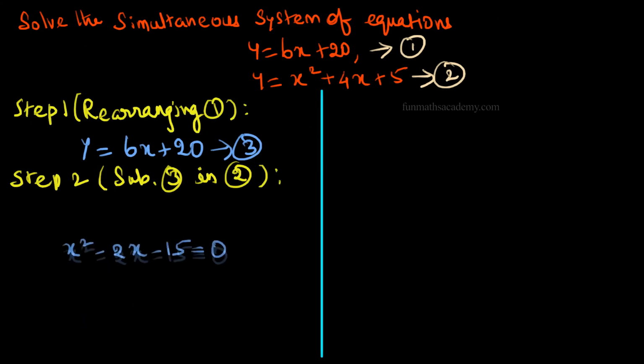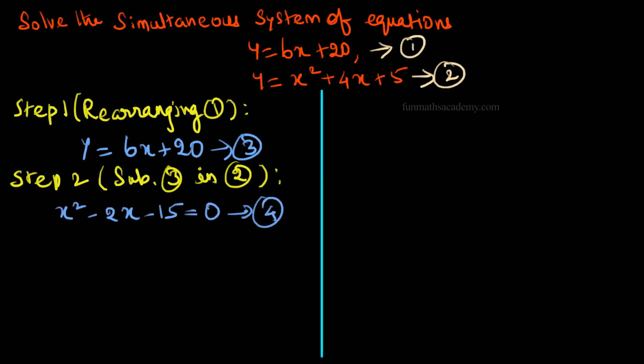Now we have combined the two given equations and we got a quadratic equation. On solving this equation, we will get two values of x. But that answer is not complete. All that is left for us to do is substitute these two values of x in the linear equation and then we will get two values for y. Now let us first solve x squared minus 2x minus 15 is equal to 0.